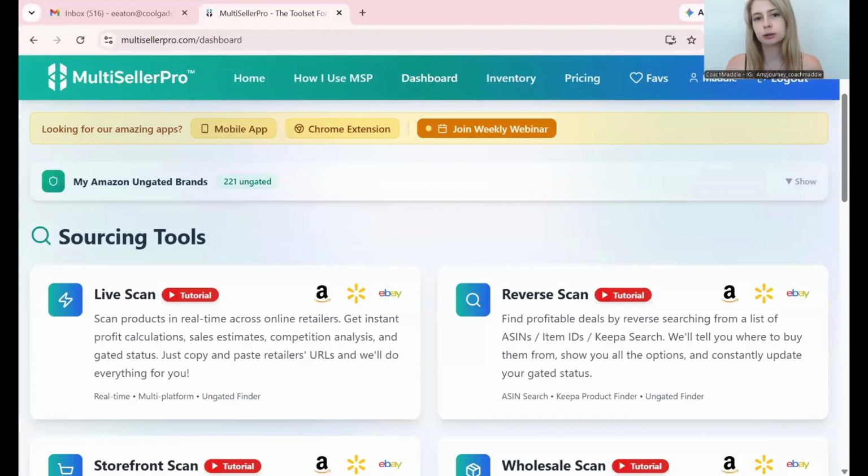So MultiSeller Pro is a software that you can use. You can connect your Amazon seller's account. You can connect your Walmart seller's account. It is going to do sourcing for you, online sourcing. It has data reading capabilities, Chrome extensions. You can have an app for your phone as well, a mobile app that you can use so you can scan on the go doing some RA, some retail arbitrage. So lots of stuff in here. It helps with ungating as well,